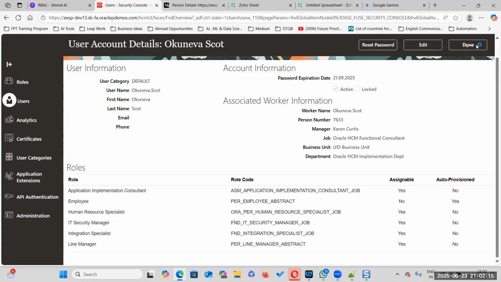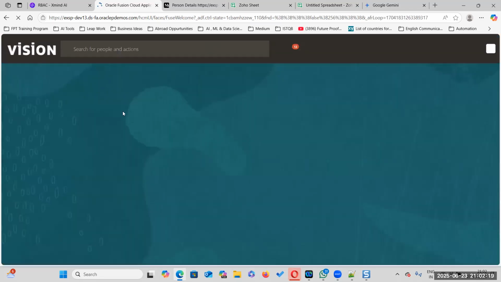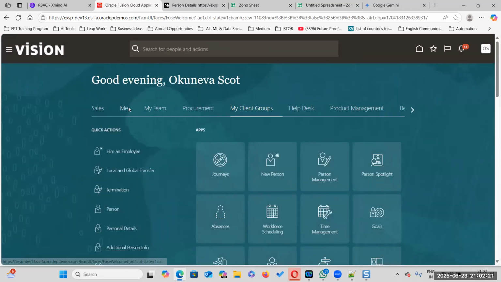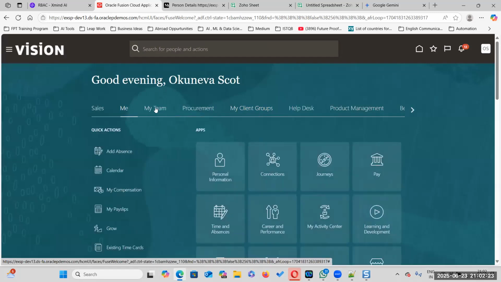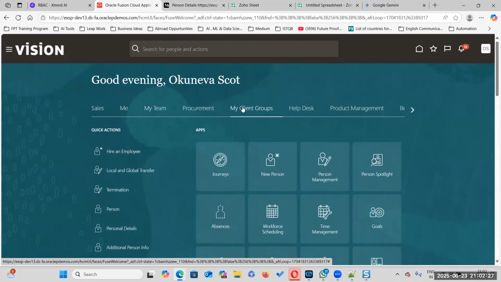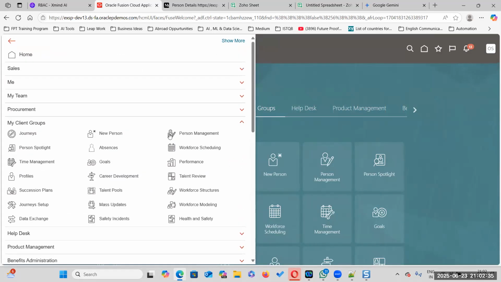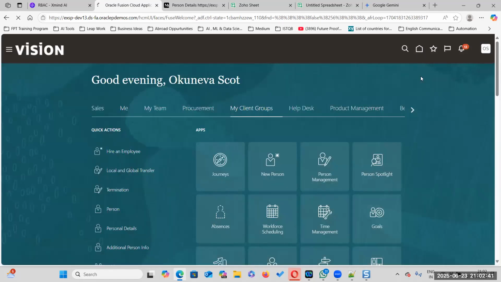Earlier, the employee used to have only me pay. After that we added line manager, my team. After that we added HR specialist, then IT security manager, and then application implementation.